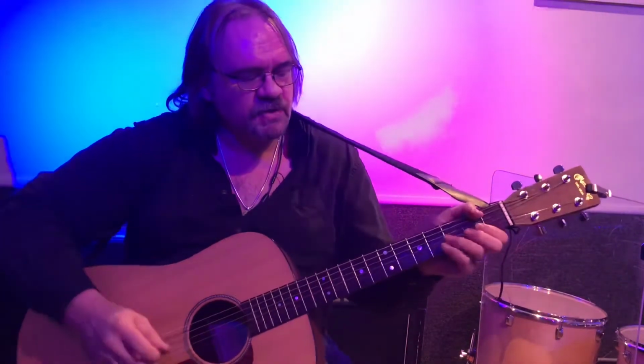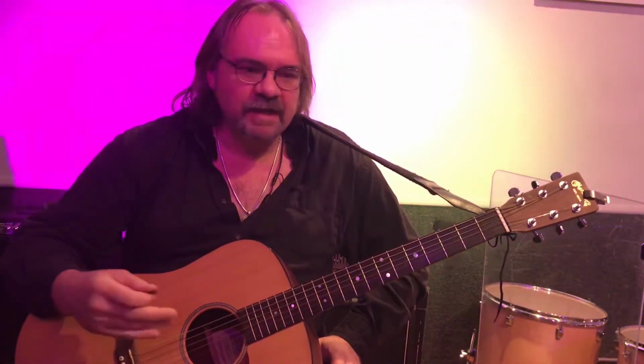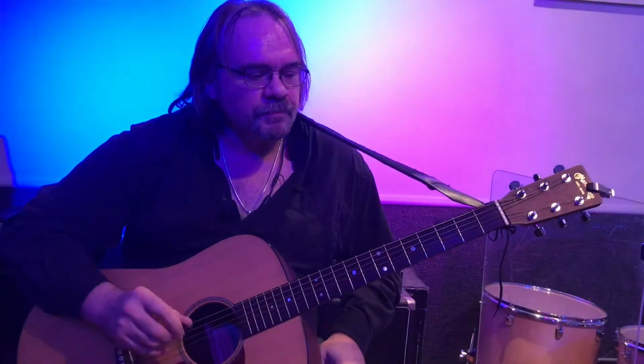And then there's this little lead riff that he does during the second verse, and I don't think I'm playing it exactly the way he has it, but it's pretty close. I think that on the record there's an overdub because it sounds to me like 2 different guitars, kind of being slinky around each other. But so that's like